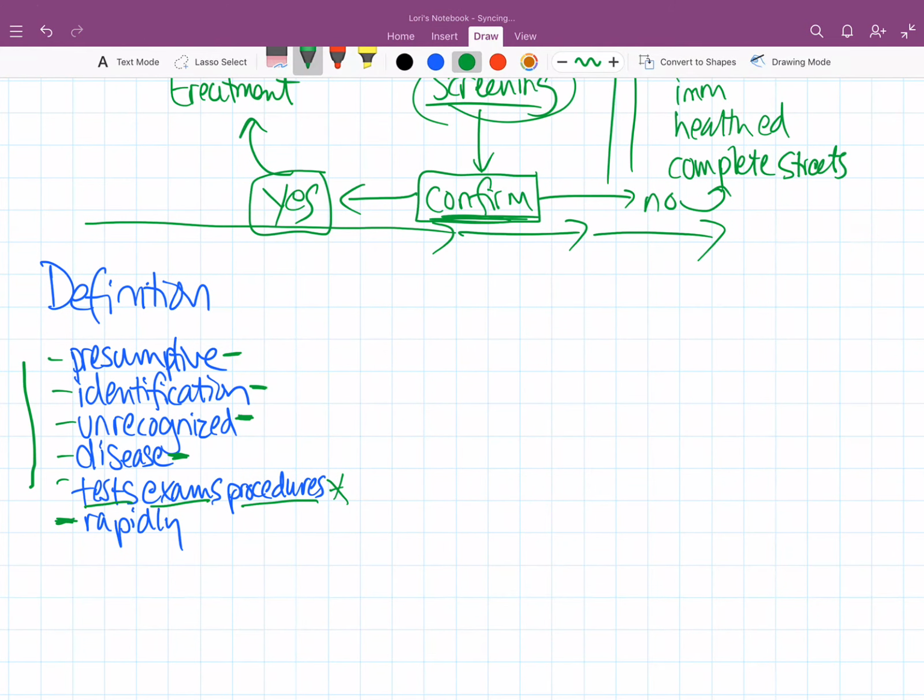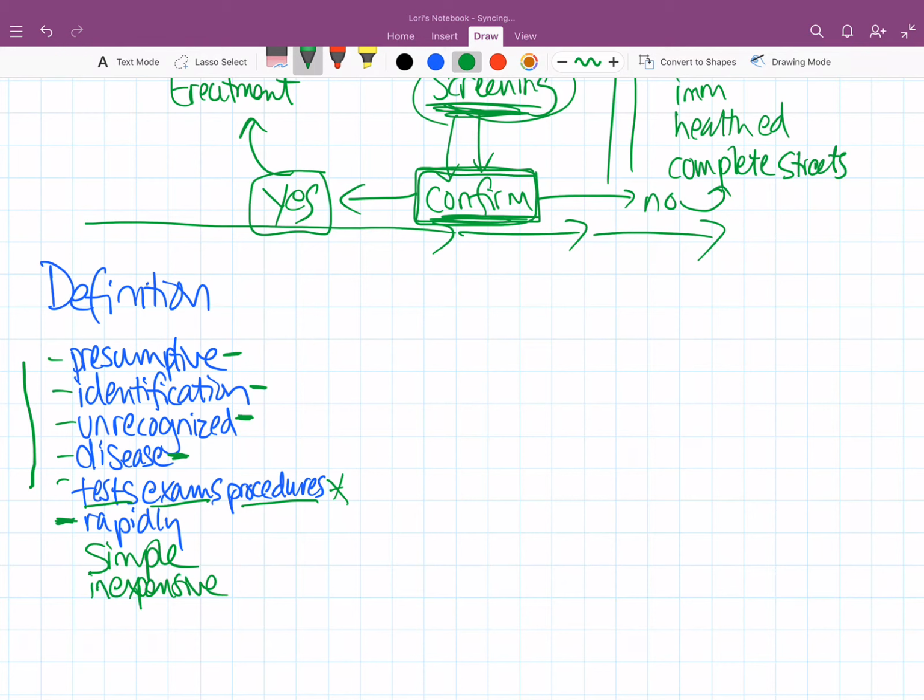There are a couple of other features about screening tests that can be also important. Your book lists them as being rapid as well as simple. In other words, it needs to be a test that's not too complicated. Often the screening type test is much less complicated than this confirmatory test. And so the screening test has all these qualities, but then later on we go to the confirmatory test, and it's sometimes the opposite of these. So it needs to be rapid, it needs to be simple, it needs to be pretty inexpensive,